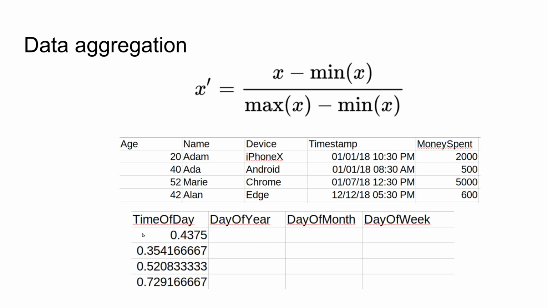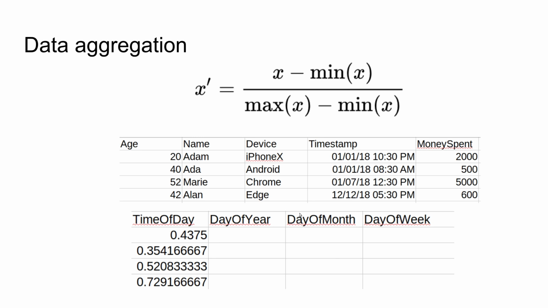So you can take, for example, the time of the day, which like this was in the morning, so it was almost 50% through the day. And the same thing for this one, it was in the morning, so it was only 35% through the day. And this was around lunch, so it was about 50% through the day. And this was a little bit in the afternoon, so it was like 72% or 73% through the day. And you can do that for all the examples, like time of day, and you could do the same thing